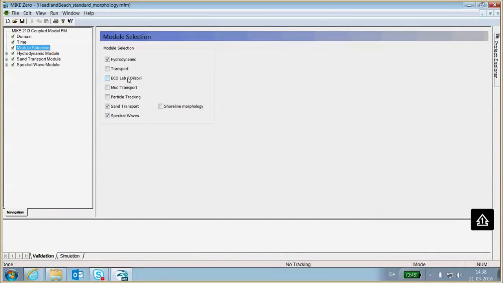But basically, just to get us all on the same page, I will just very quickly and very briefly run through all the different settings and all the different choices that have been made when setting up this standard morphology run file.